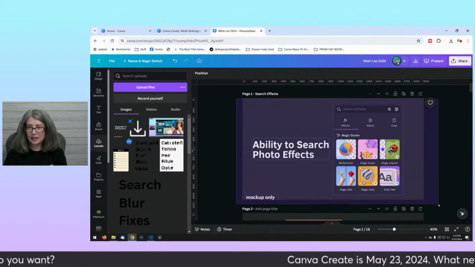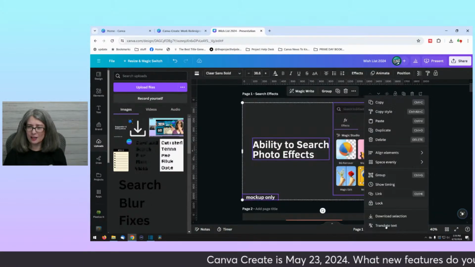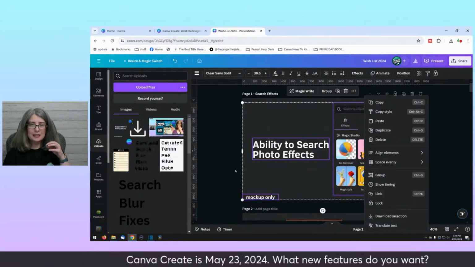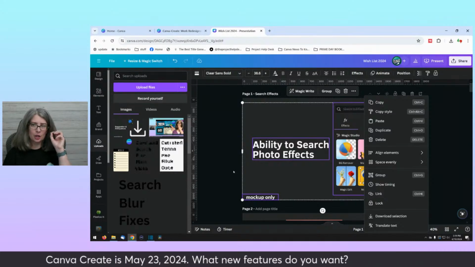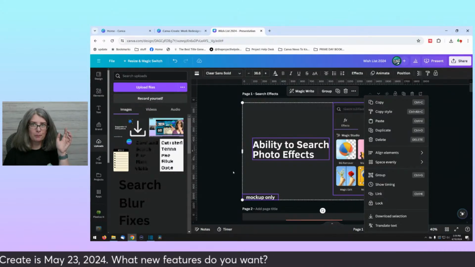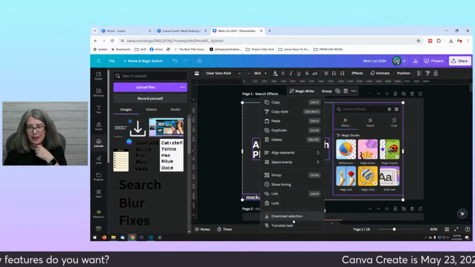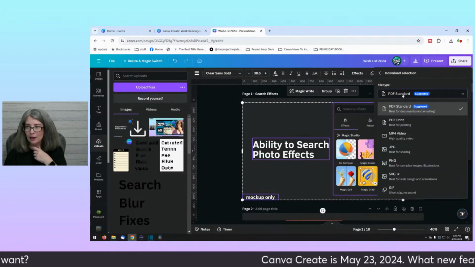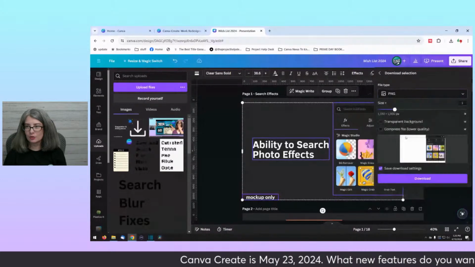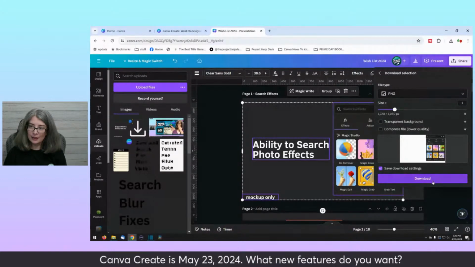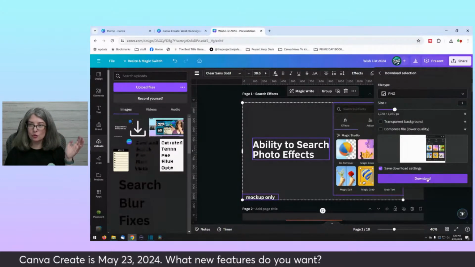And even if I selected everything on the page and downloaded the selection, it's not going to show up in the right size. And even then, download selection, I still have to choose. At least there, I only have to choose what's there.